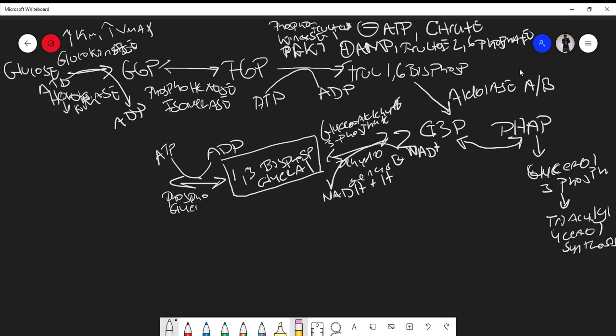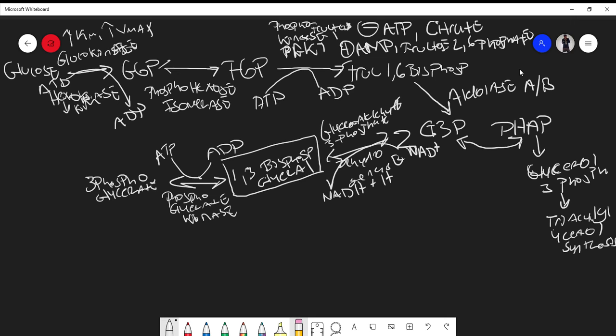phosphoglycerate kinase. So the enzyme here is important, as well as the high energy compound. From 1,3-bisphosphoglycerate, we get 3-phosphoglycerate. So I'm just going to write 3-phosphoglycerate. So normally we get 3-phosphoglycerate,